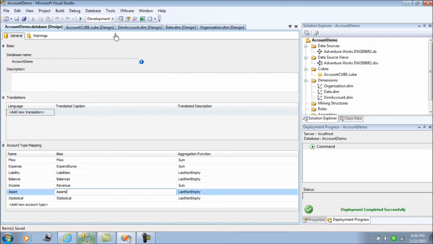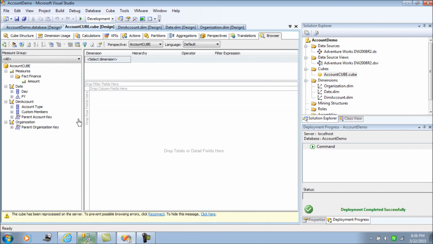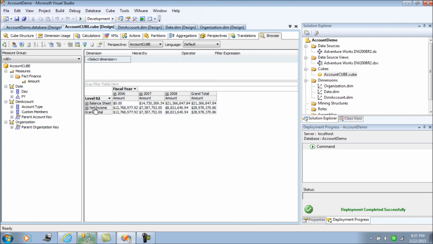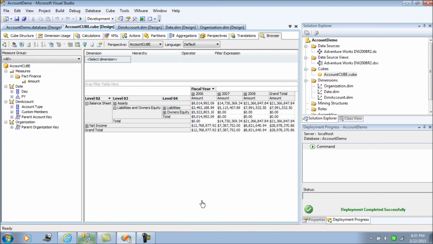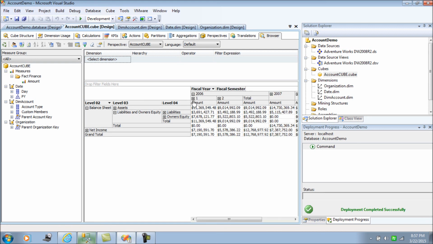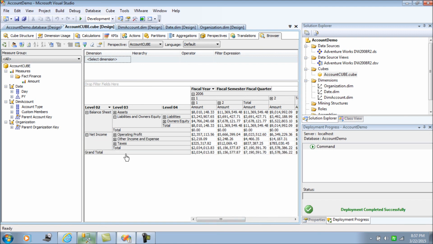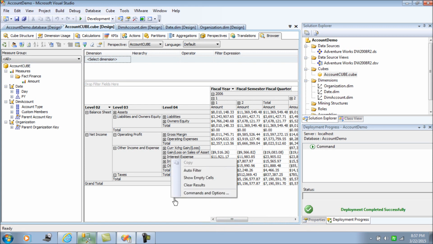So that's how we can build our cubes, with the additional intelligence of what kind of aggregation needs to be done here. Now if I were to show you, this would be giving you the right results. Internally it's giving you the right results for each of the quarters, while for the income it would always be the sum. So that's operating profit. So these are the values. Basically now we would be able to see it quite clearly.